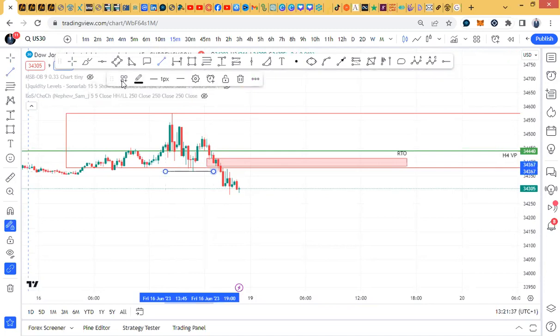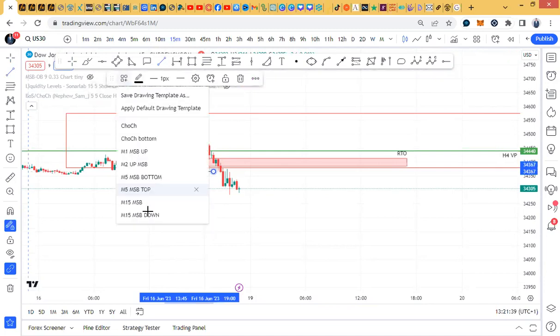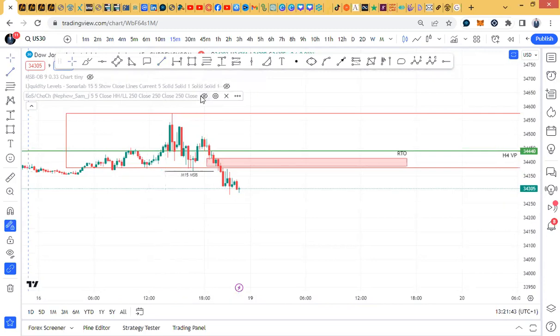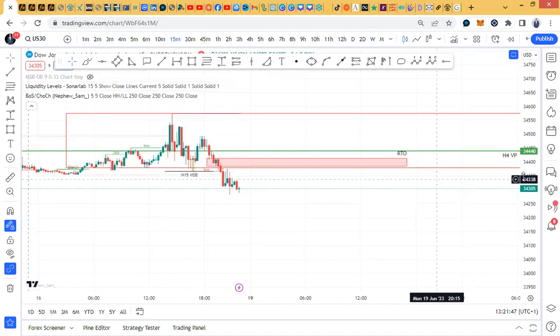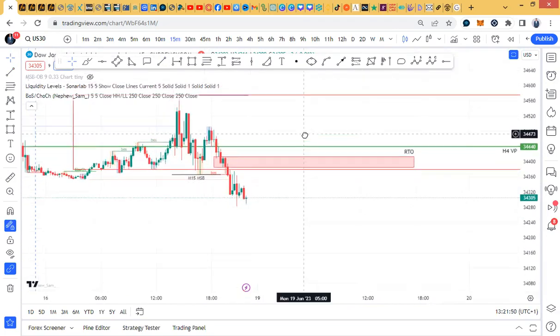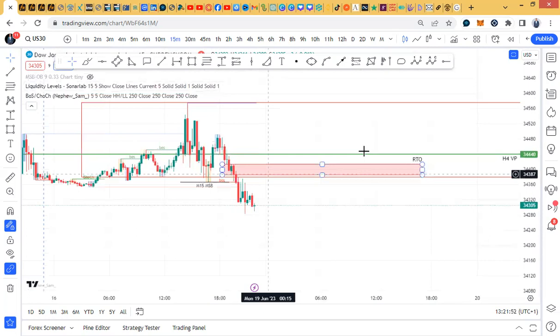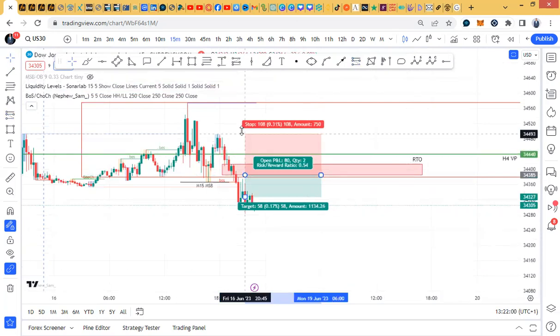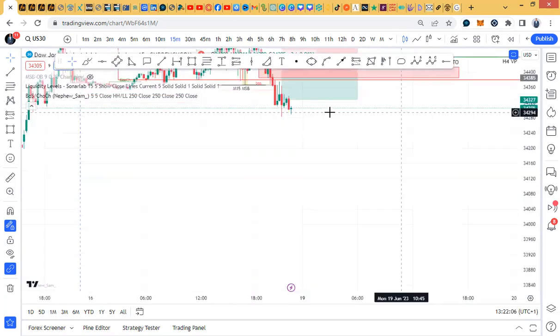That's where the structure changed. Okay. So if I'm to start taking trades on there, the last point of liquidity. Okay. So this is sell. This is meant to be a sell, okay, for the US30 trade. You can place your stop loss above this high, 2 ticks above this high, and then you can